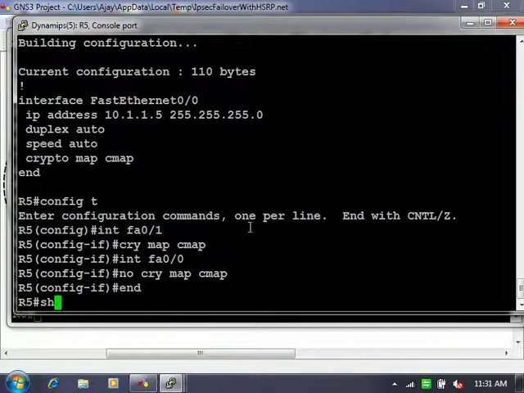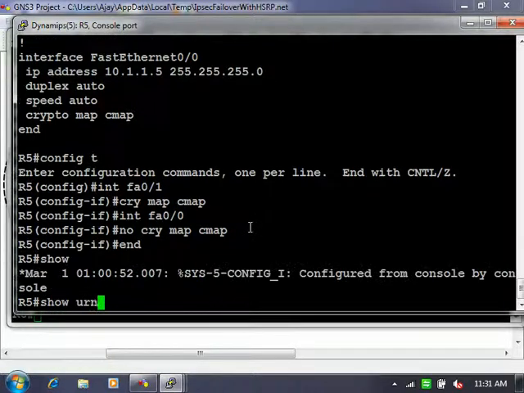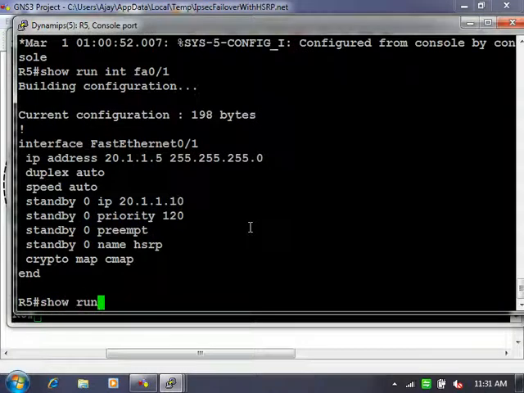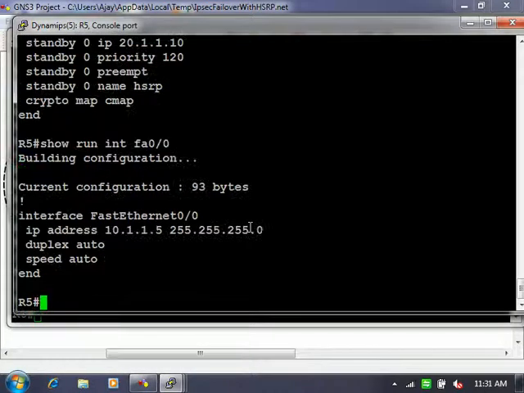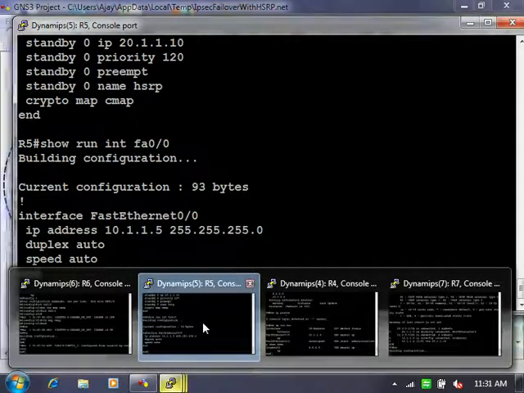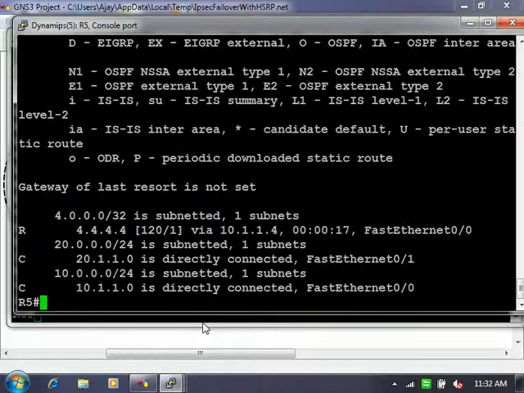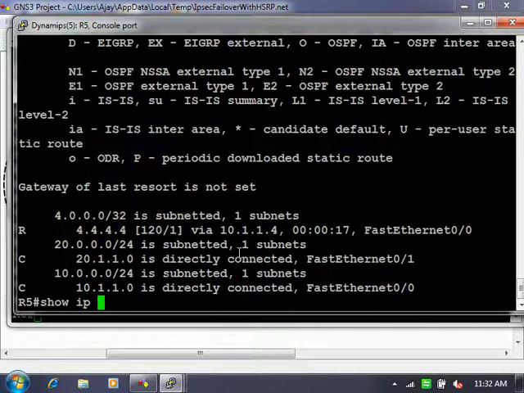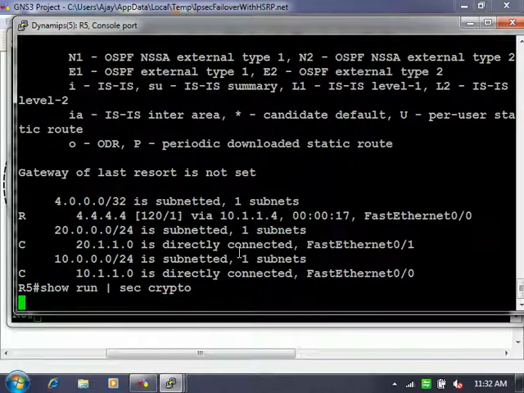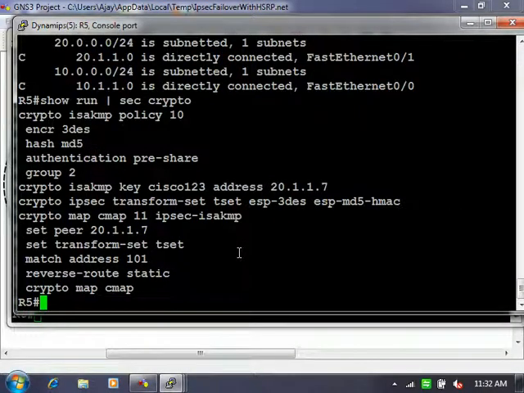Okay. You have a static route? No. I think we made some mistake in configuration. No, we did not make any mistake.